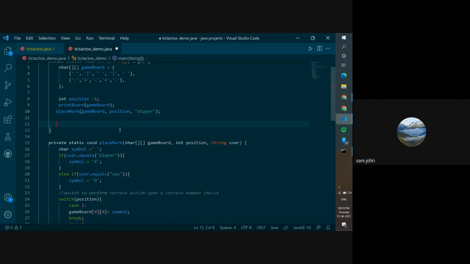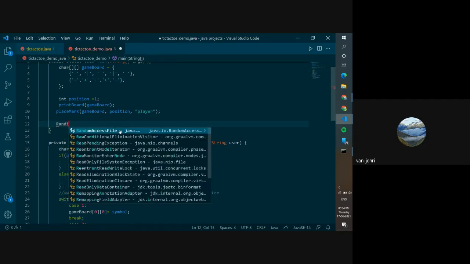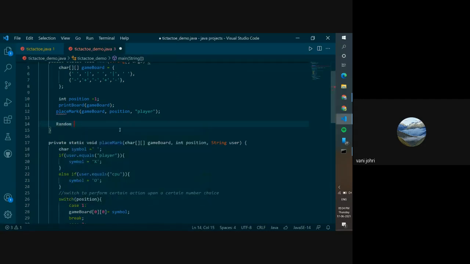And now we're going to get a random number from 1 to 9, and that's going to be the CPU's turn. For the CPU's turn, you cannot ask the computer to choose a number. We're going to just get a random number from 1 to 9, and at that position, we are going to print the O. So how are we going to get the random number? We'll do Random rand is equals to new Random. Now this is like how we use Scanner.